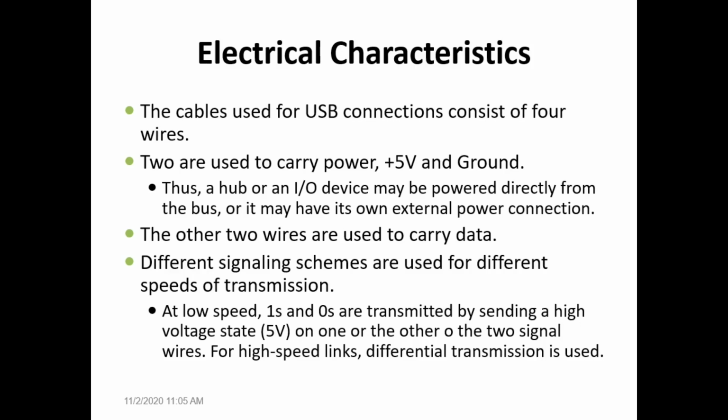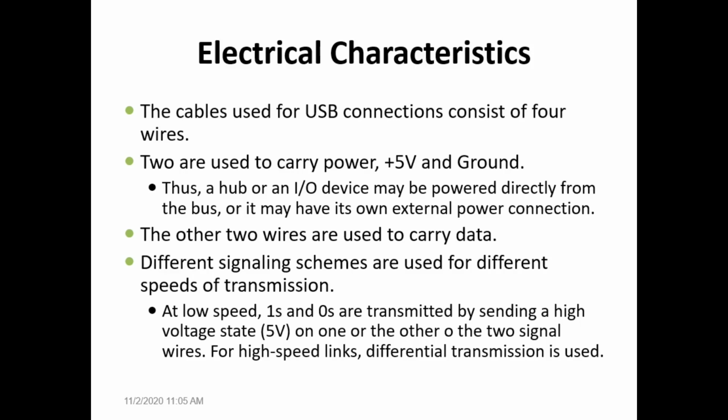Like a mouse or keyboard, you may know that within your keyboard there is no separate power or battery. So how does the keyboard work, on which power? The power is transferred from the USB itself, plus 5 volt and ground. So these 2 wires are used to carry the electric power to the IO device. The 2 remaining wires are used to carry the actual data, control information and data information, everything we discussed here, which gets transferred on only 2 wires.